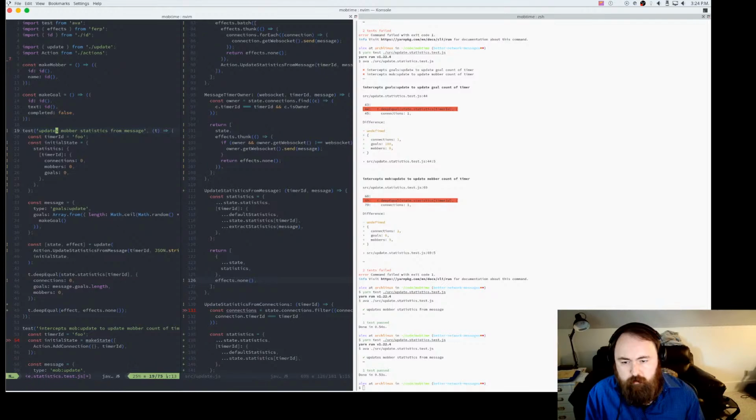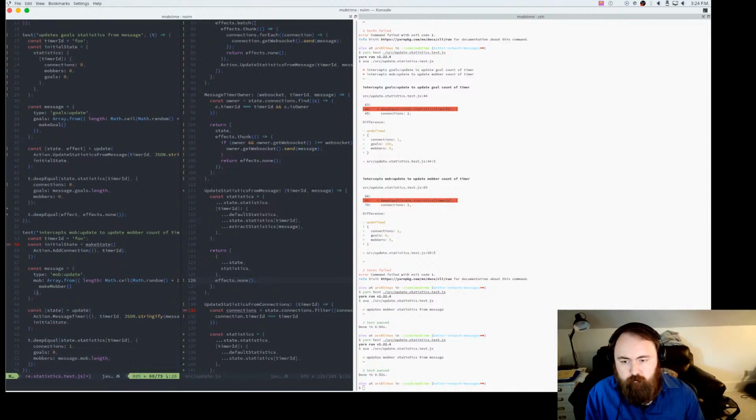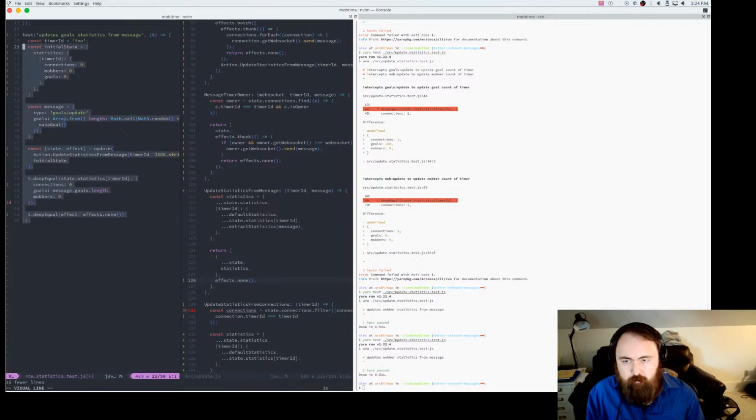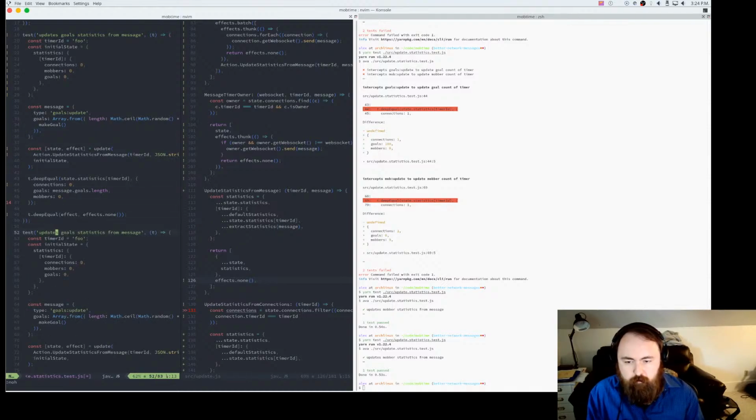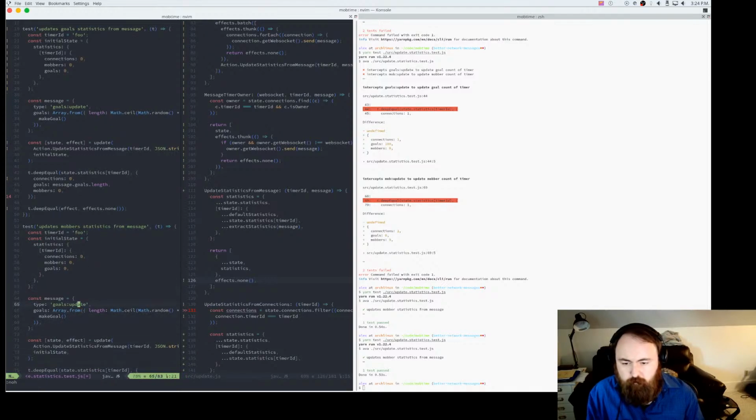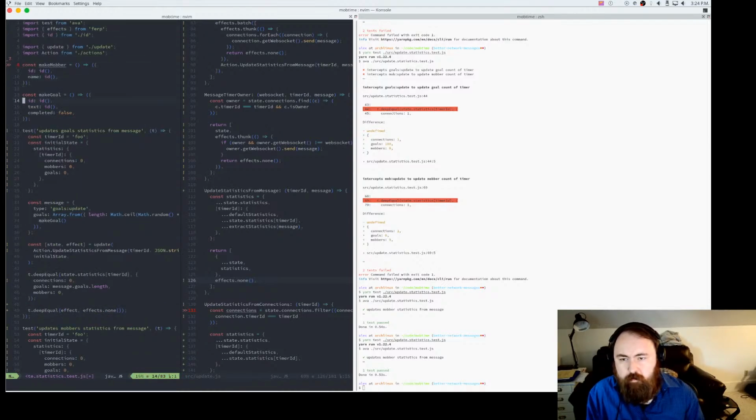Yeah, I say mobber statistics, but this is actually goals. And I think this next one is really going to be a copy. And let's change which thing it's updating. I don't even think that these really need to be things. They just need to exist.